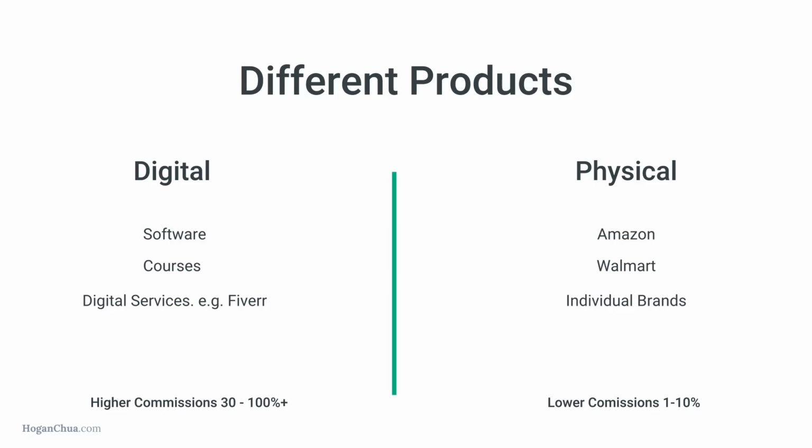Personally, I prefer digital products, but if you really like, maybe headphones, or microphones, if you really like certain physical products and you feel like, okay, you want to purchase the product, try it out and give an honest review, then I think that might be the way to go, right? If you don't really know what to pick, I would personally go with digital, mainly because I think that you can make a lot more commissions quicker,